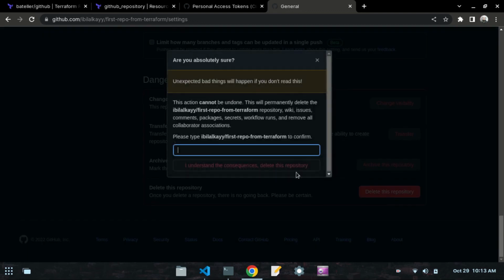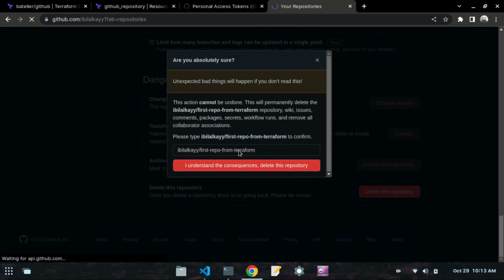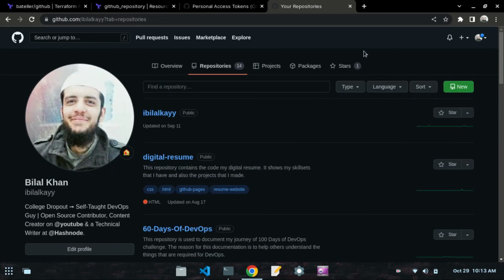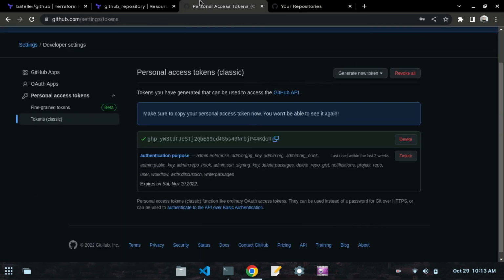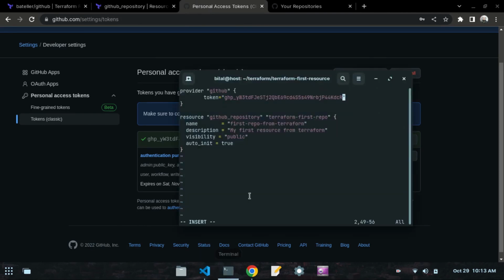So let's delete this repository. Because this is the repository that I have created earlier. So this is not the new one. So the repository that will be created will be this new one. So let's save this,